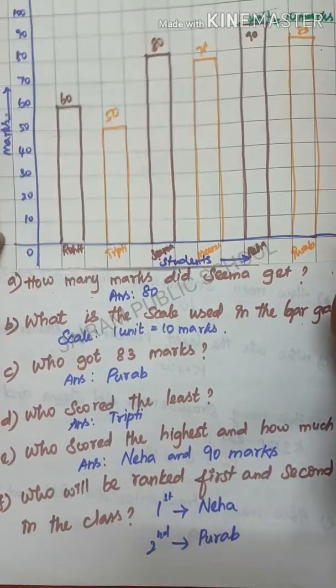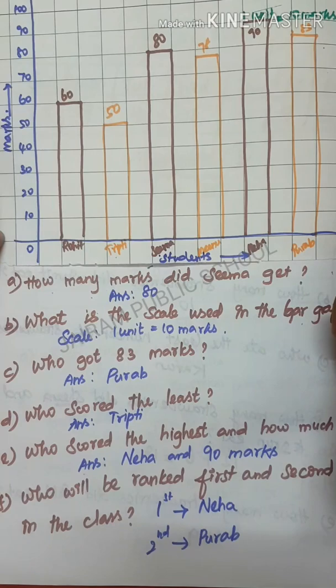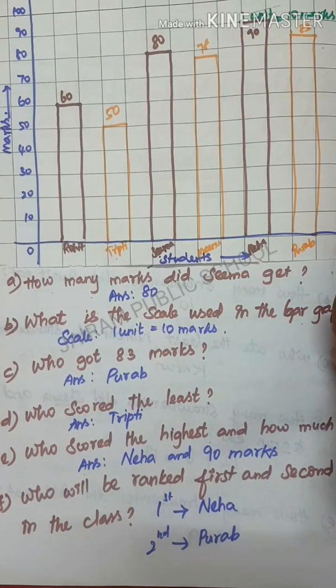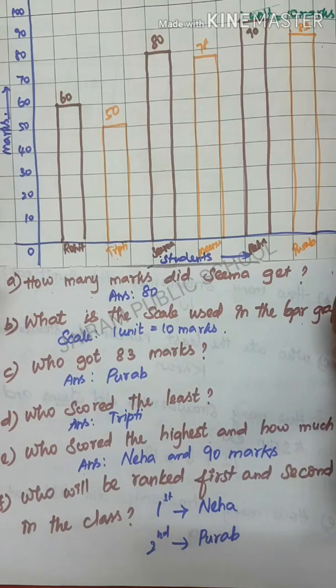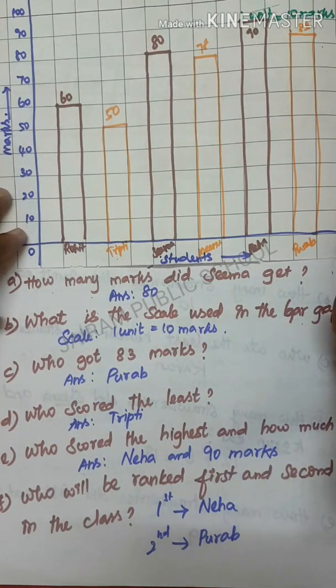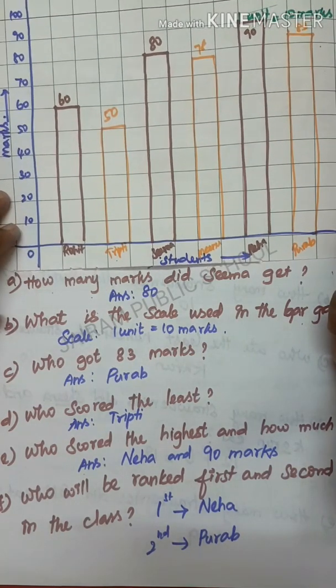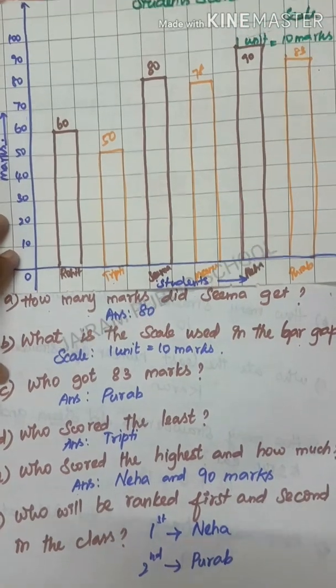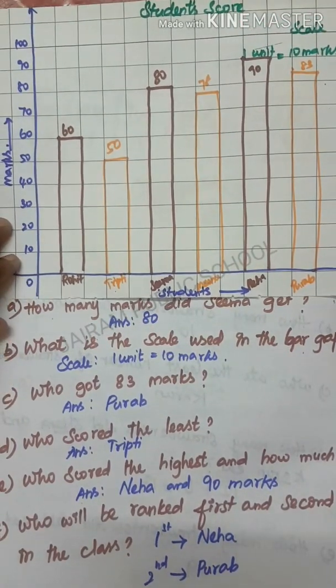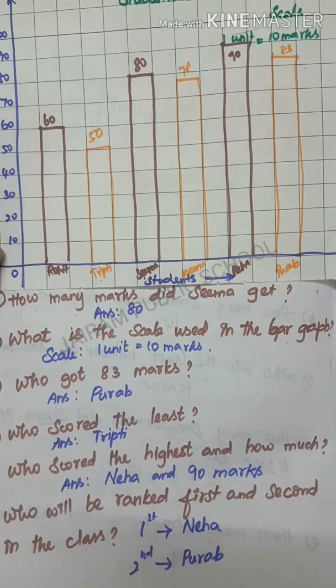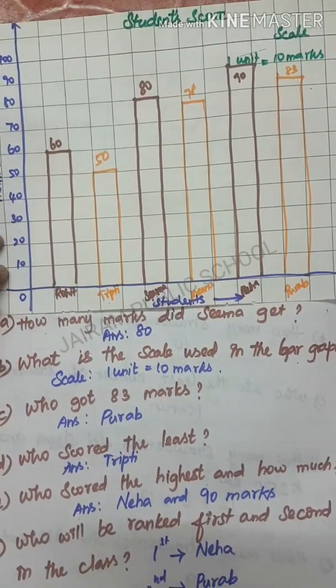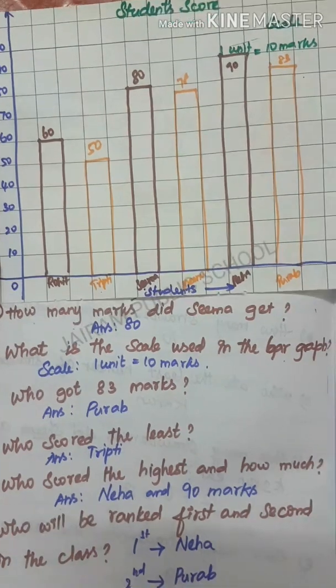So in this way, by using bar graphs, you have to answer the questions. It's very easy and very useful to represent data using a bar graph. Up to this, I conclude this session. Hope you all enjoyed this session and liked representing data with bar graphs and pictographs, also tally marks, because it's a very easy topic.